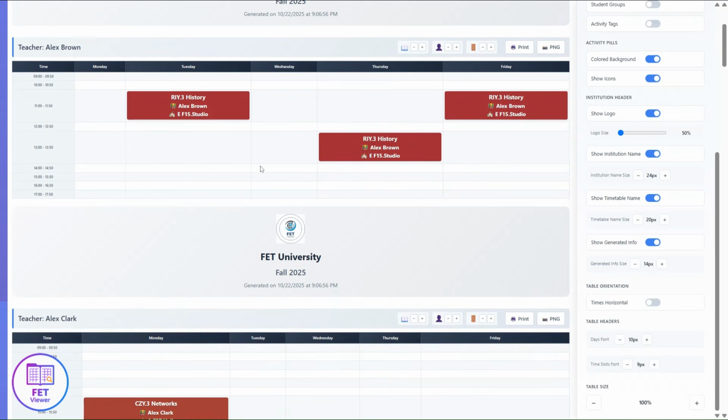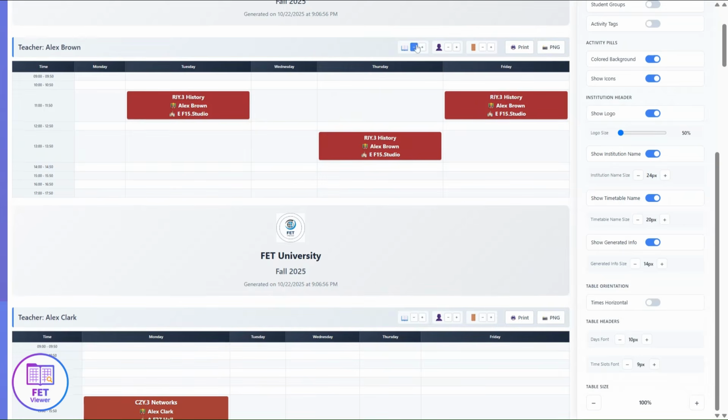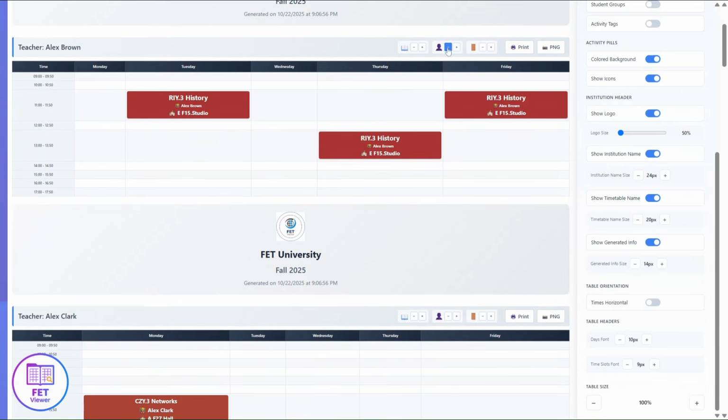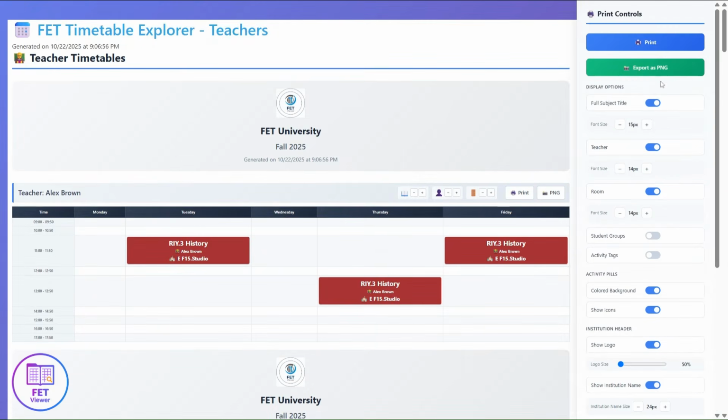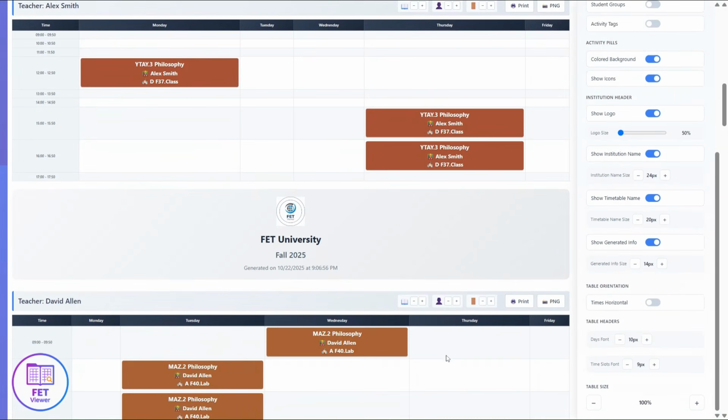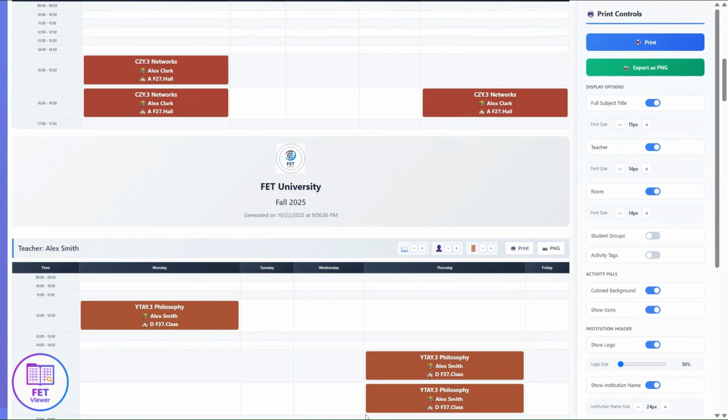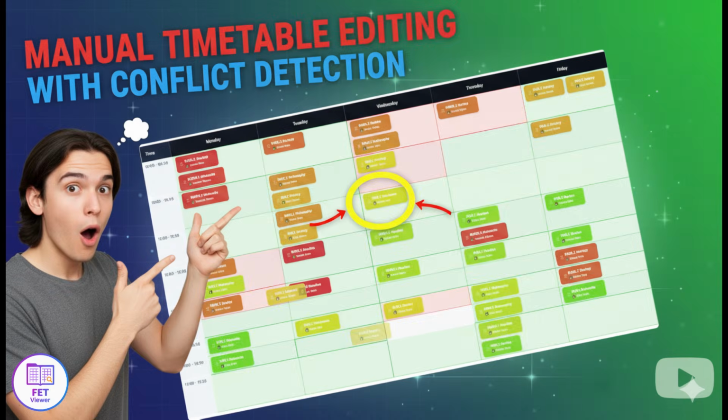Each timetable can have its own settings. Super handy if one teacher has a ton of activities and you want to resize just their table. Once you're happy, you can export or print right from here. Easy. And that's it. We've gone through creating a timetable, customizing it, managing data, checking conflicts, rescheduling classes, and even